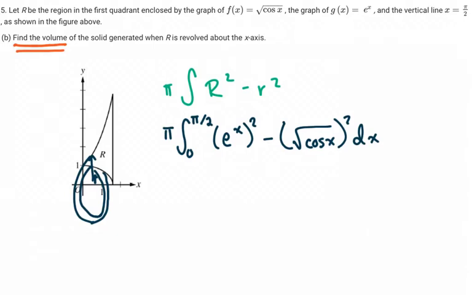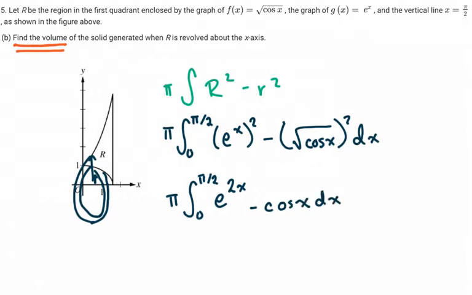A calculator is a great tool to check your answers with, but unless it's specifically a calculator problem, you still need to show that work. The other issue was e to the x squared. These two are going to multiply together, and this term is going to be e to the 2x, which is great because it's much easier to integrate that versus e to the x squared, which is what some of you did. But if you simplify this, you end up with a thoroughly reasonable